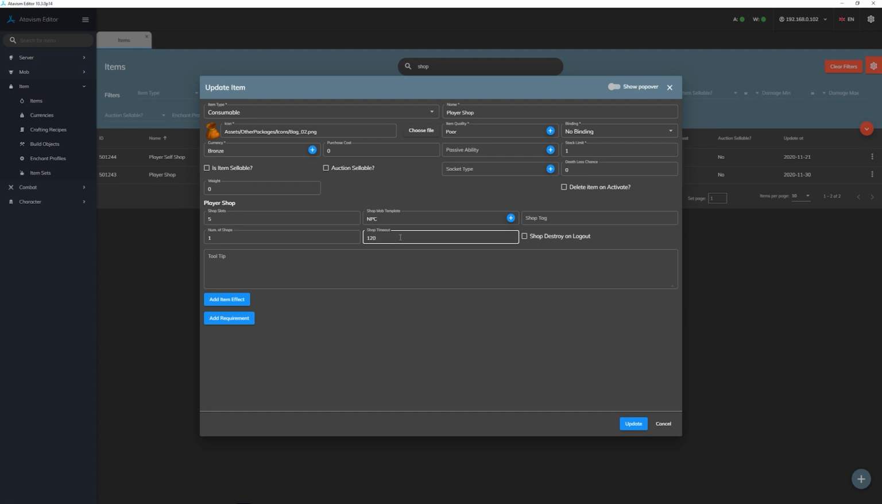Then we have shop timeout, and this timeout is in minutes and defines how long the shop will remain in the world after we create it. And the last parameter is shop destroy on logout, and this means if the shop should be destroyed on logout or not. These 5 parameters, except player slots, work only in situation where we don't have mob template defined here,